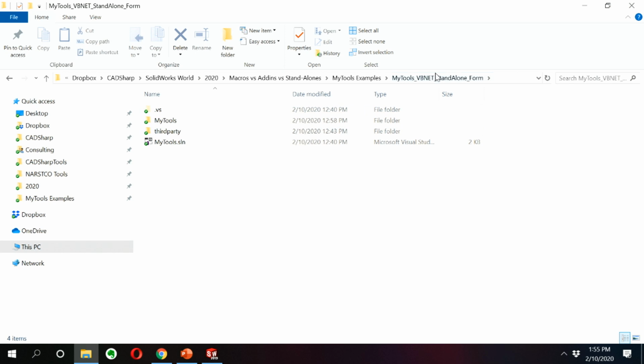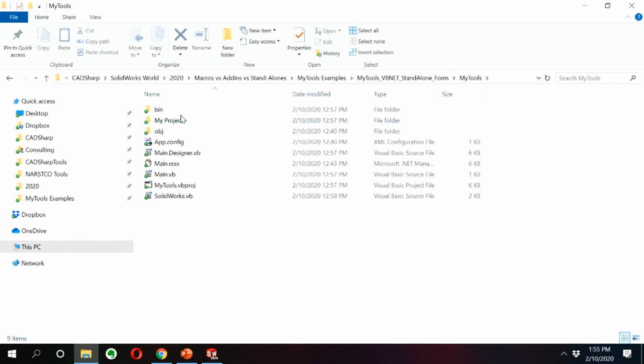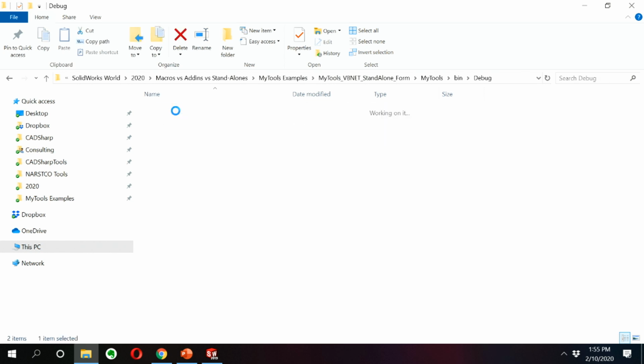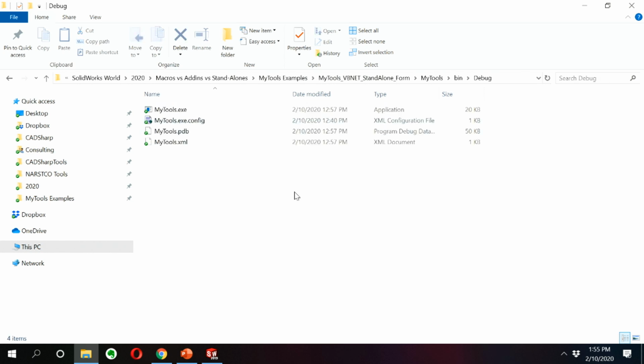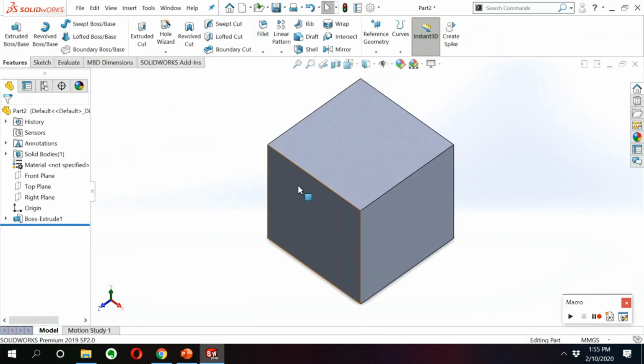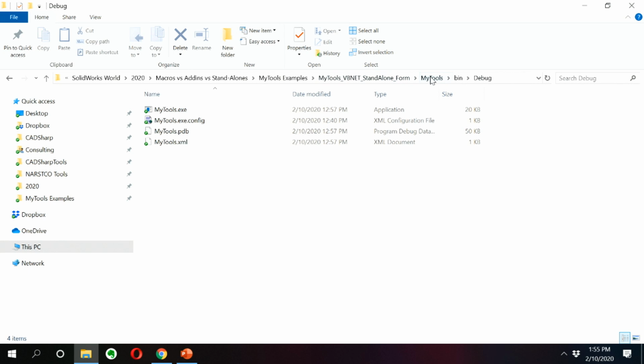So what I'm going to do for the standalone is go into my binary folder, bin, and this is where the program was compiled to. This is also where the DLL for the add-in was compiled to, but again, we run that through SOLIDWORKS. That's why I just opened up SOLIDWORKS, but this isn't running within SOLIDWORKS. It's its own separate program. And let's actually do this. Let's run it from within